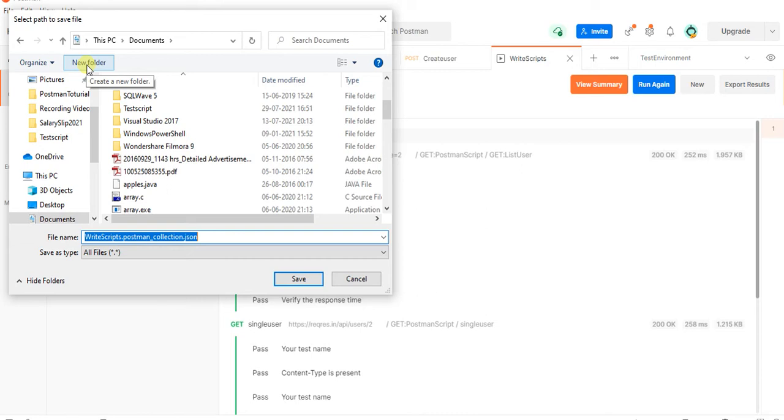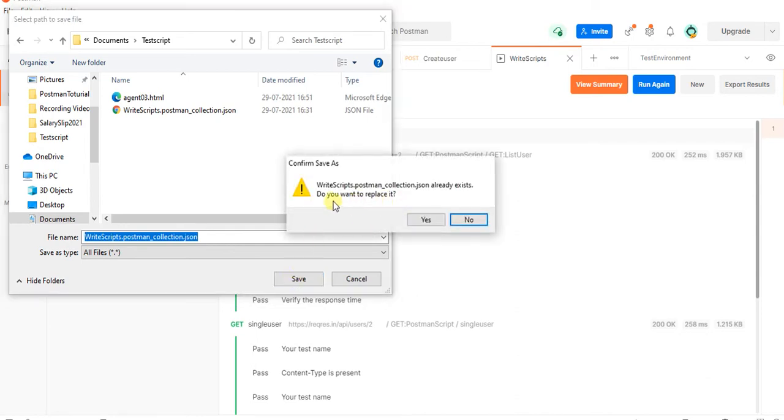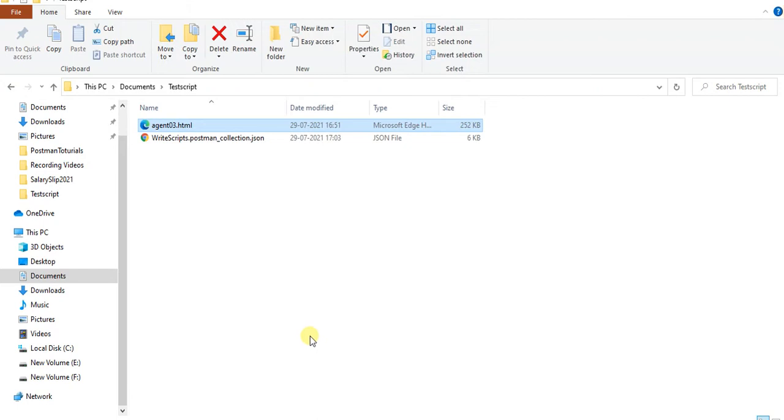You can take a new folder or anything is fine. Inside I already exported. Let me do it one more time. It asks, do you want to replace it? Yes. The collection was exported successfully. This is my collection.